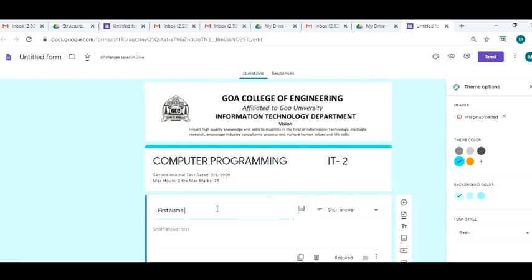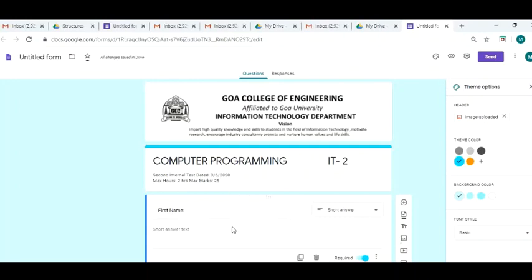Now over here you'll notice me doing something. A student, I want him to mandatorily enter his first name. He should be entering the first name as a matter of compulsion. So I need it, therefore I will choose this as required. What happens when you make this required is the student cannot submit the form without entering his first name.